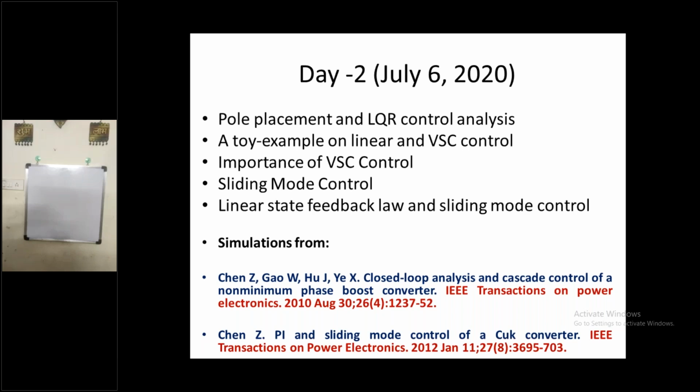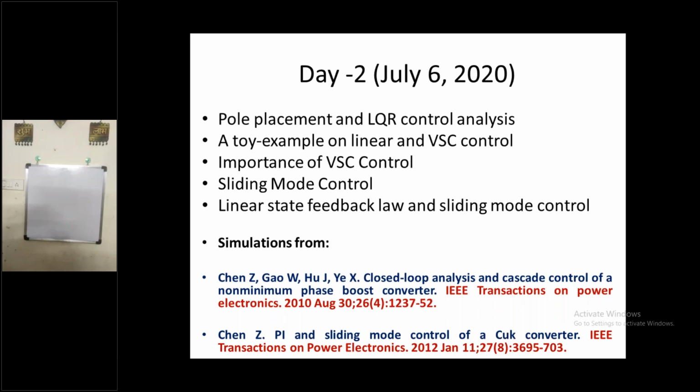And we have seen how the spiral effect comes into the picture, and you people have done the simulation as well. So that was a small toy example. That tells about the importance of variable structure control. That means two linear controls working independently, if they act alone, couldn't stabilize the system. Whereas if we combine both of them and the structure is different, then we can ensure